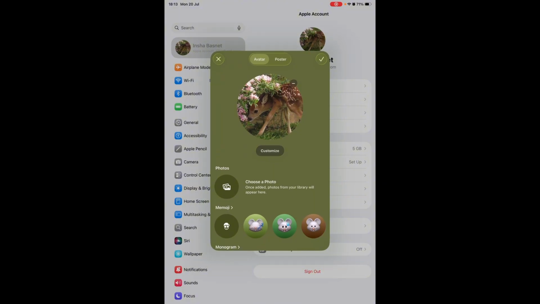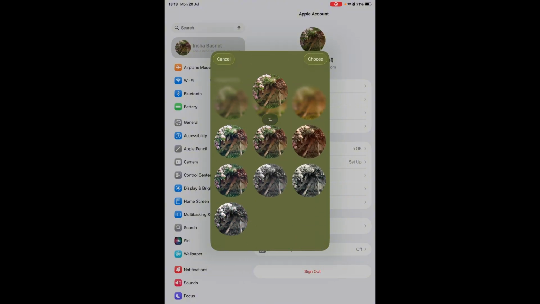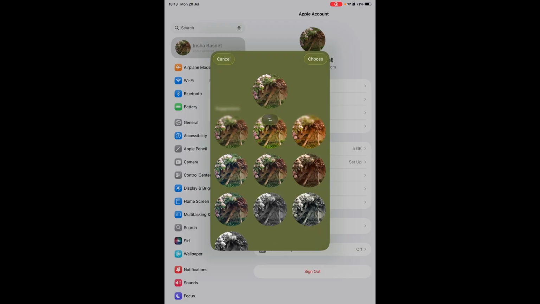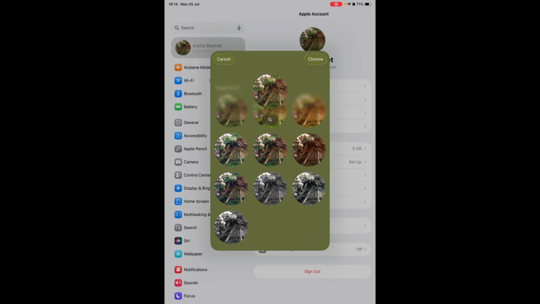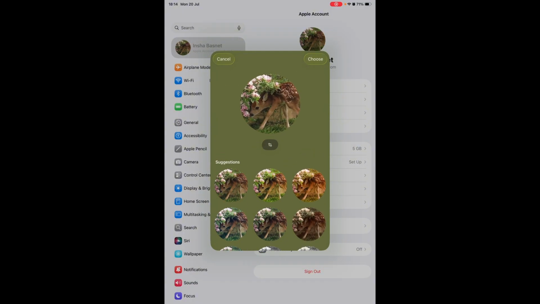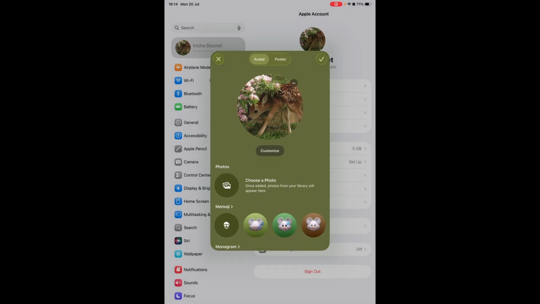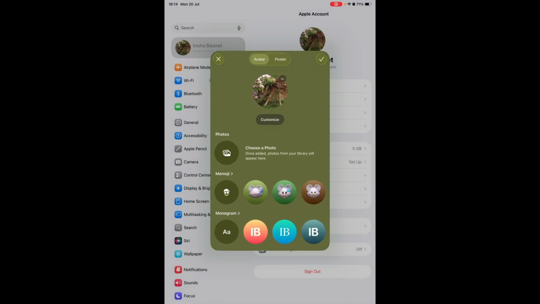Or you can also go ahead and click on customize and then select the different versions of the profile picture that you have uploaded, such as with different filters, which are displayed right here. And you can choose one and then set it. You can also choose to crop it. If not, you can go ahead and click on cancel, scroll down, and if you want to choose a photo